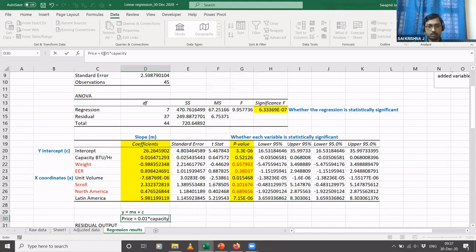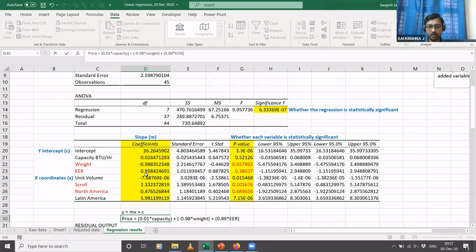Plus m2 is this minus 0.98. Minus 0.98 into weight. Plus M3 is this ER 0.89, 0.89 into ER.